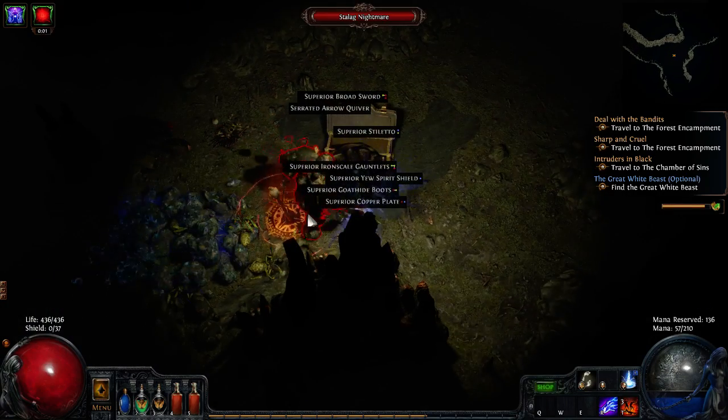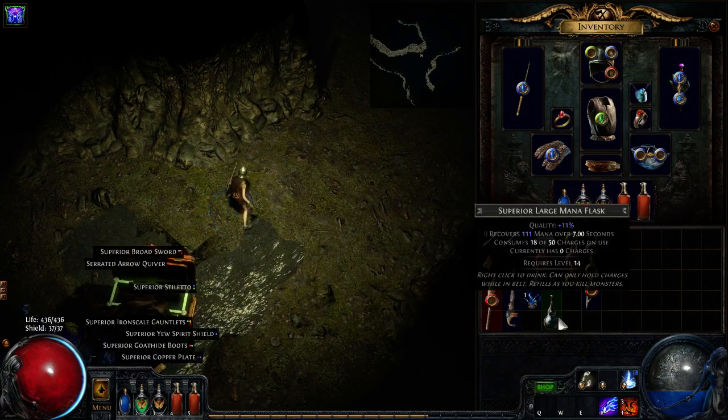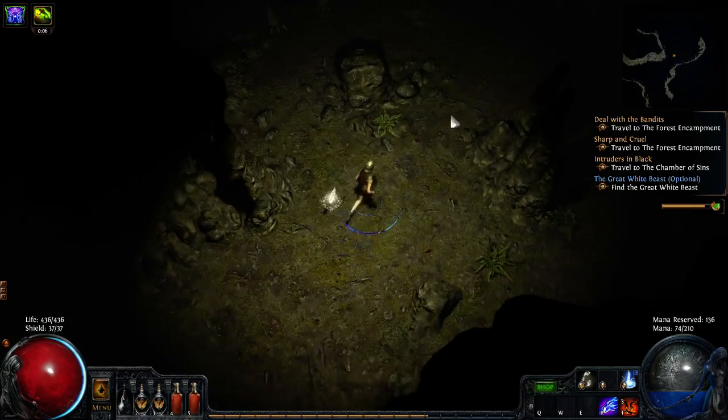Mana Flask. Again, I'm not going to pick up these quality other items. So I'm looking at the recovers mana amount to see which one's better. It's obviously the new one. You saw there that when I opened...